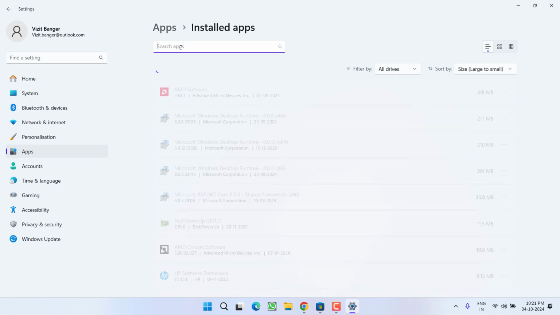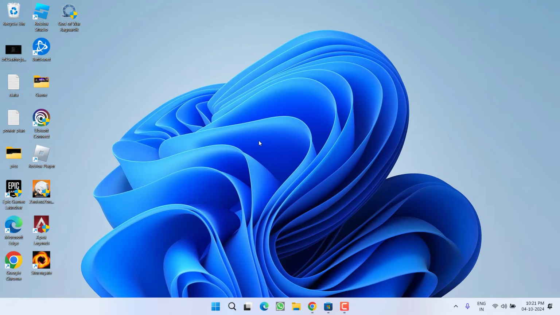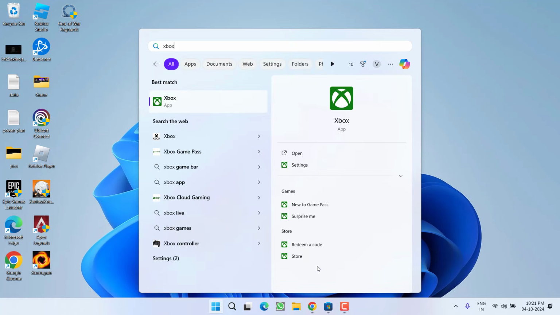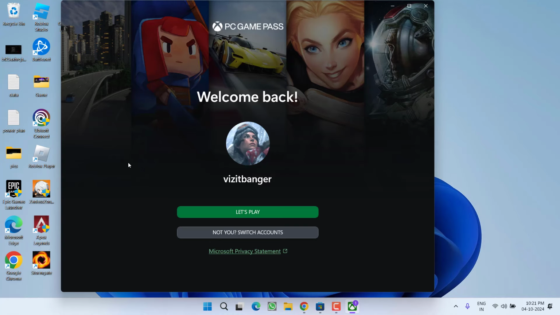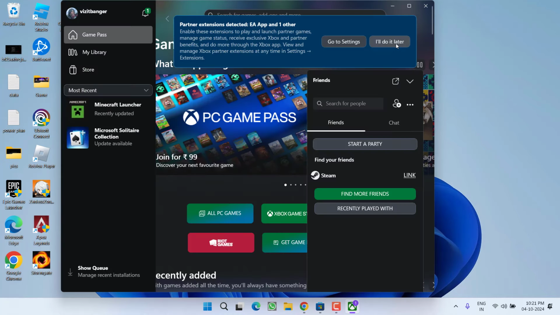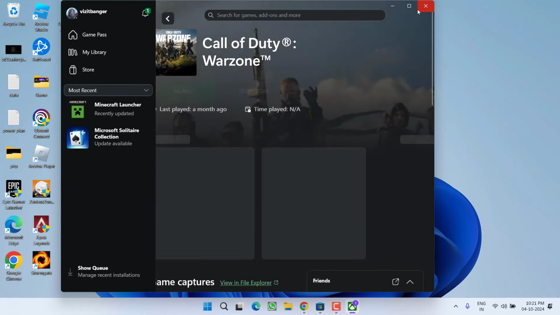So at your end, if one of these apps is available, you need to click on this three dot icon and then choose the option uninstall. I mean, you need to completely uninstall Call of Duty, all the versions, either it is Black Ops 6, Warzone or any other version. Once you've done so, close it, restart your PC, relaunch your Xbox and then try to install the game. This will fix the issue of game features fail to load while installing the Call of Duty Warzone. If this method also fails to work, let's proceed with the next step.